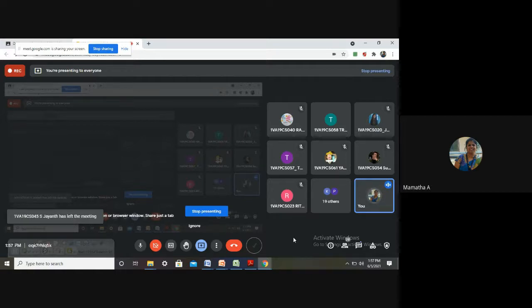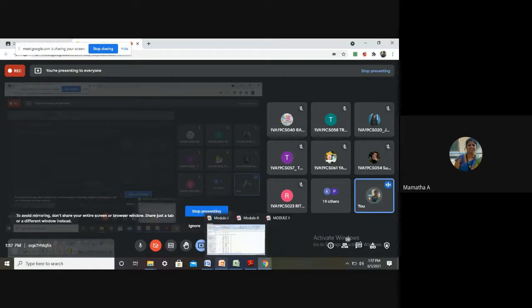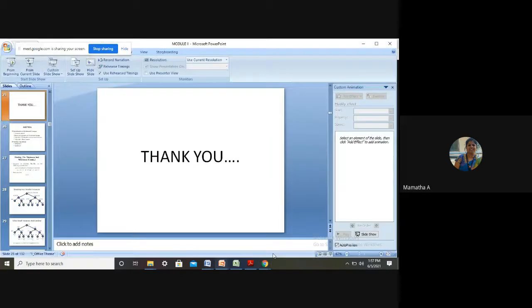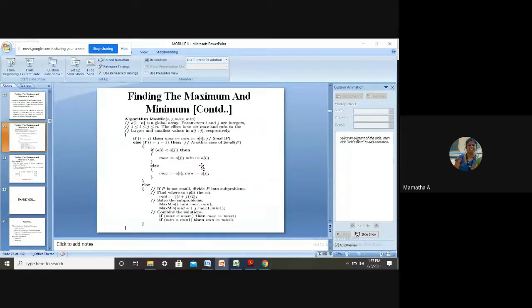Fine. I think in the next class we will see drawing a recurrence tree. That's still more complicated. Hope you have got something. So you have to slightly go through this algorithm. Slight modifications, what you want, you can do. Instead of i and j, you can write low and high, if you feel that is comfortable. No problem.